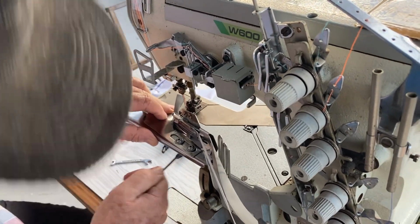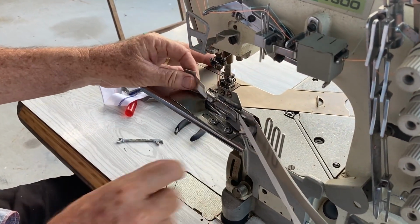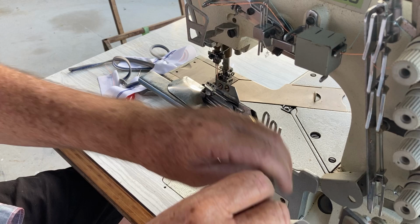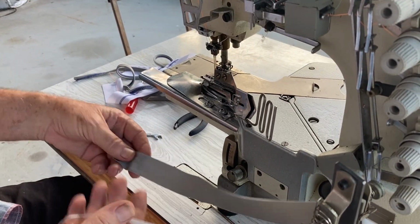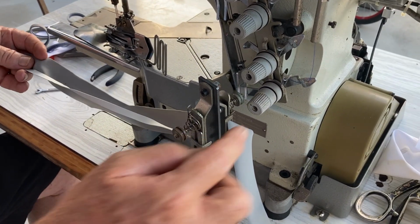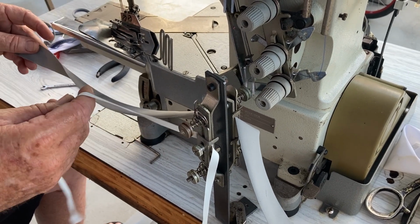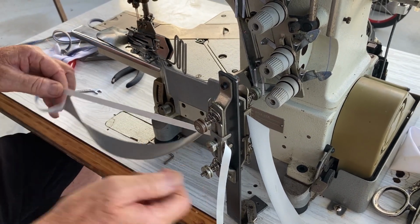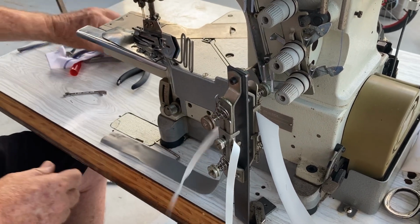Just do the one screw for now. Now you can use it with rubber, like this one has. So that's what the folders look like. And can you focus on this here too? So this is a little device that just helps to keep the tape running nice and flat and also guides your rubber. If you want, you can put a little bit of tension on the rubber, which will give you